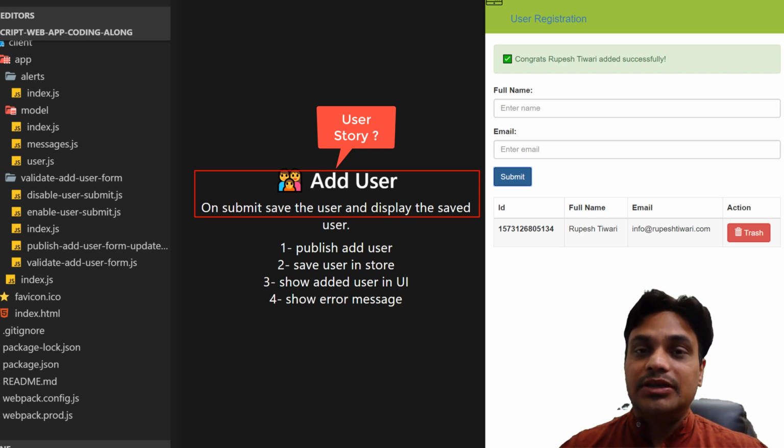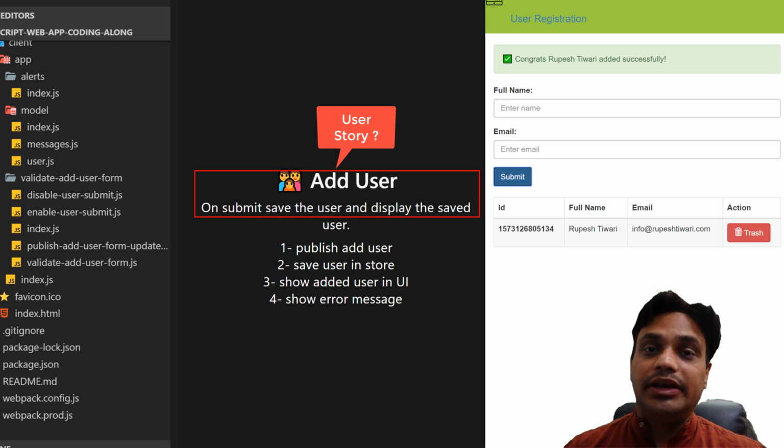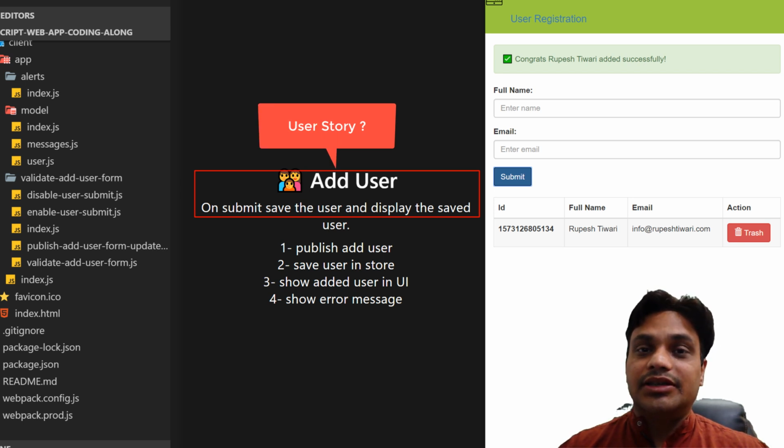table. For the simplicity of this project, I am not going to make any HTTP call. I am not going to save into any database, MongoDB or something like that. What I will do is save it into an in-memory list only and then display it in the table. Since I am making this entire course for a beginner to intermediate level, I am not making it a full stack course. I am just making it front end so that you can focus and create your own website in